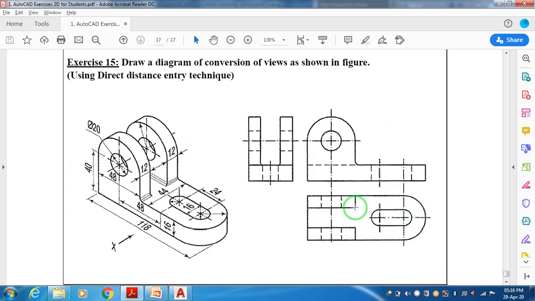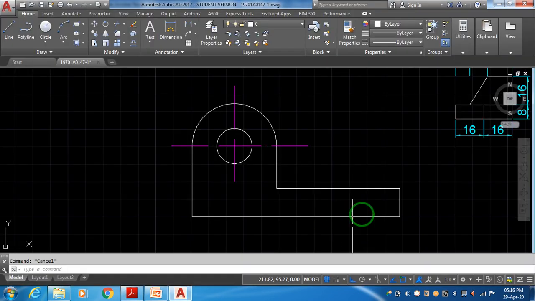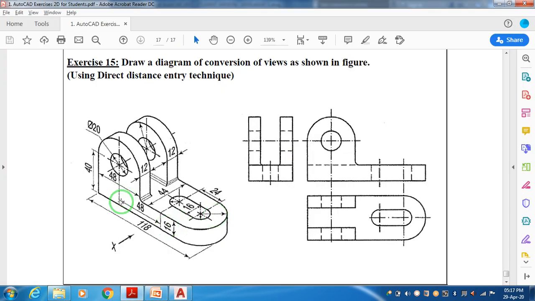Same way here also. But here, how to do that? Now you are supposed to have a distance. Now if you observe from center, this is at a distance of 48. From here it is 24. So if you want, you can use any of the techniques from center. Now from here, try to draw a line from this particular point to the end point. Enter. Now what is this distance we have?